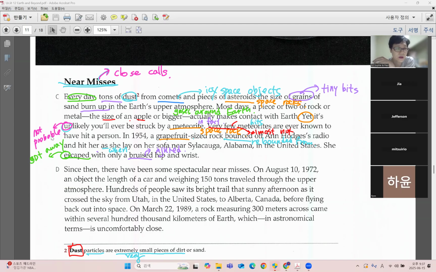So what is this paragraph about? Mostly it says, why is it near misses? It's close. You know that every day, most days. Okay, every day, and it says also most days. You know the meteorites, and then they fall. Okay, but most of them, and then they what? Burn up in the atmosphere. So what is this paragraph about? It's everyday small space